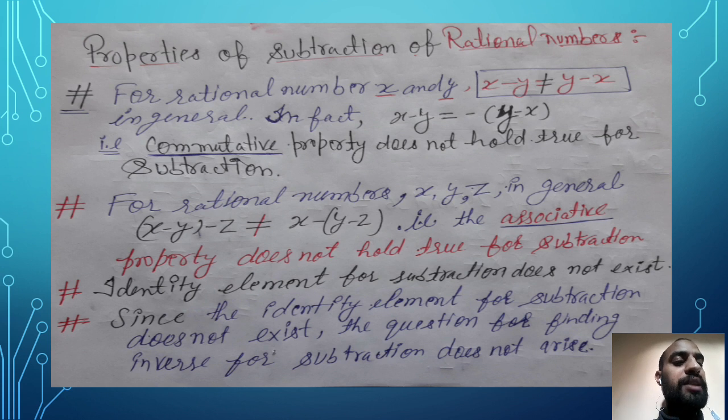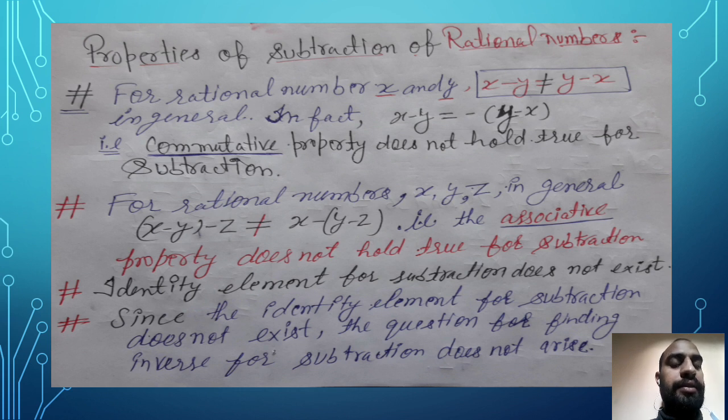That's why this property is not applicable in case of subtraction. This property we call commutativity. You need to learn this name. Commutativity exists only in addition, not in subtraction. Or in fact you can say x minus y is equal to minus of bracket start y minus x. In this case it is applicable. But keep in mind, if you are changing the position of numbers in case of subtraction, then you will not get the same answer. And due to this, we can say commutativity property does not hold true for subtraction.